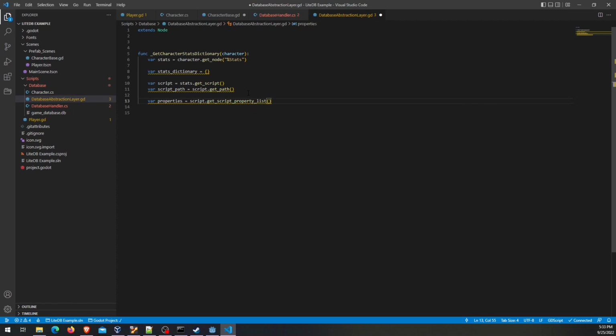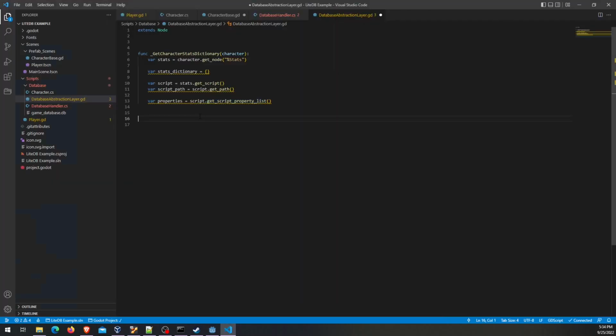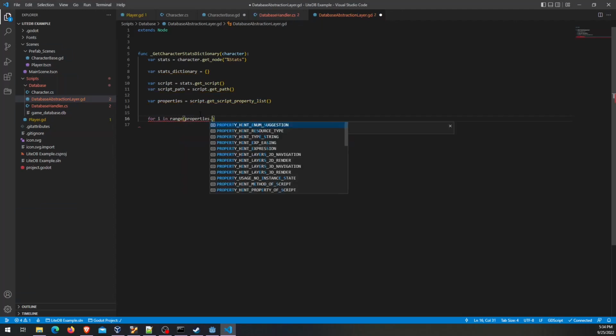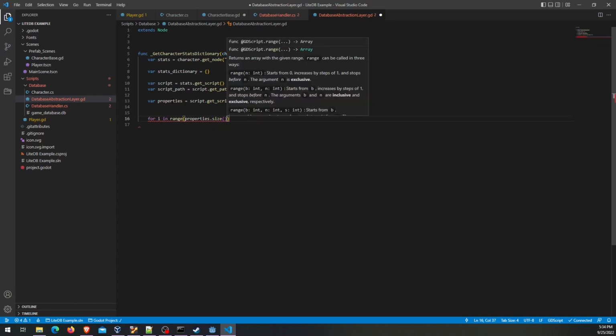Again, this is another one that's easier in GDScript. So now we want to iterate over all of the properties, and those properties are going to be what we defined in character-based GD here. All of those, and like I said, including the path, which we don't want. So now when we do that loop, we can do that like so. Properties size is just going to give us